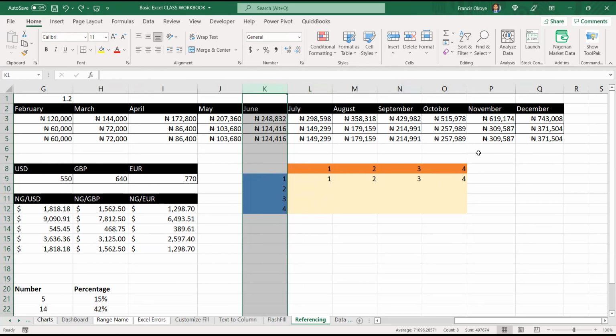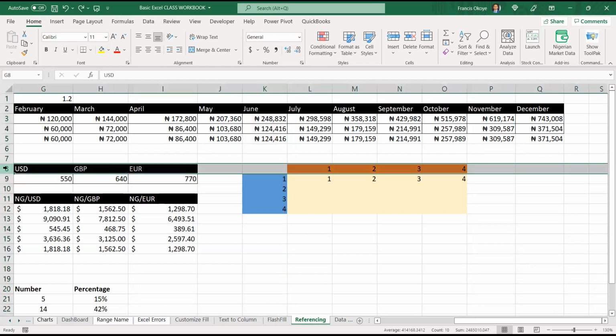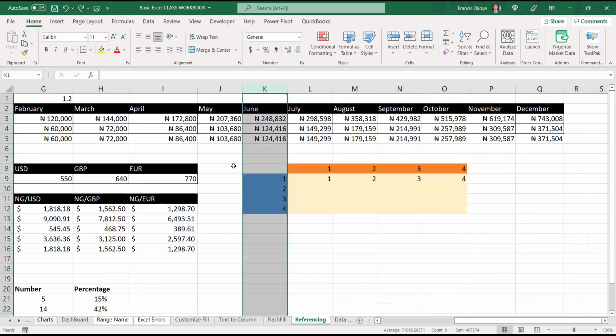Another situation where I will hold this row constant while the column is moving, isn't it? Or I will hold this column constant while the rows can be moving.